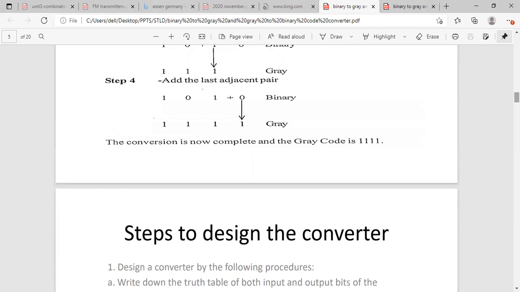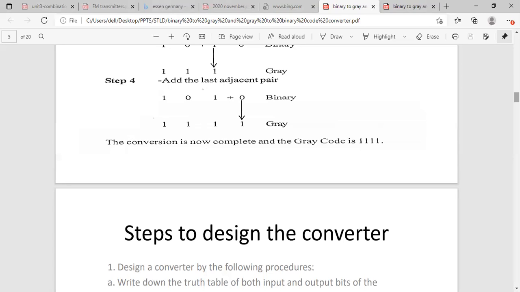So what are the steps to design a code converter or a combinational circuit? First, from the problem statement, you have to identify the number of input variables and the number of output variables. The problem statement is a binary code to gray code converter. What we are assuming is a 4-bit binary code into a 4-bit gray code.